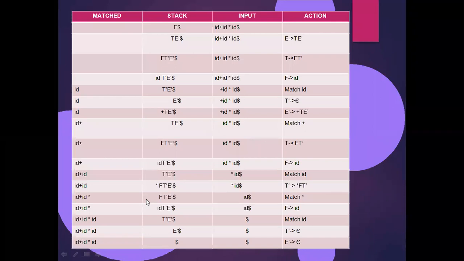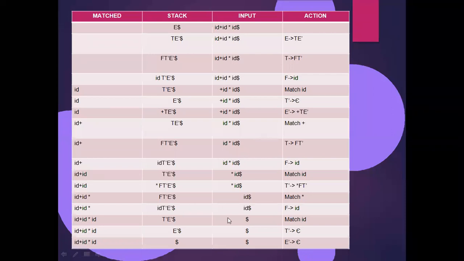And finally what remains in the stack are the variables F T dash E dash, and in the input buffer we have ID, right? Now move F comma ID. In the parsing table, when we read F with ID, we have the production F tends to ID. Push this into the stack, and in the place of F we have ID, and in the input buffer we have ID. So there we find a match and pop ID and ID. So the input buffer is completed. The overall input string is over.